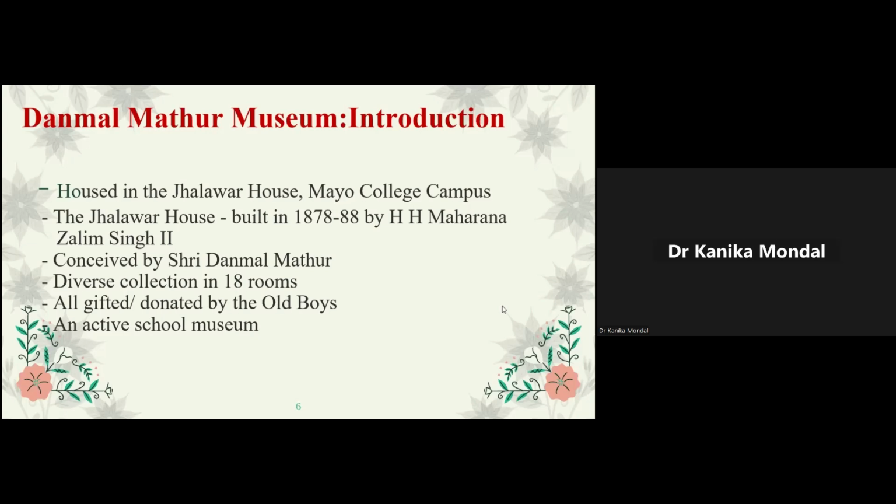Mr. Danmal Mathur was a geography teacher in Mayo College for almost four decades, and he made a lot of contributions apart from making the museum. He was also the first vice principal of Mayo College, with almost 40 years of experience of teaching geography here. It was his idea that we need to have a museum on the campus for our students' learning. The museum was constructed in this building between 1948 and